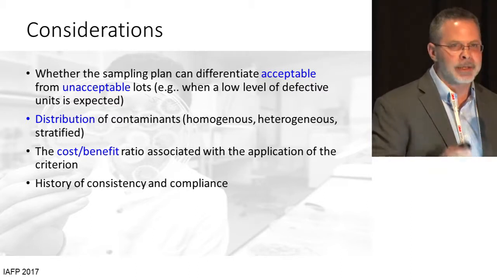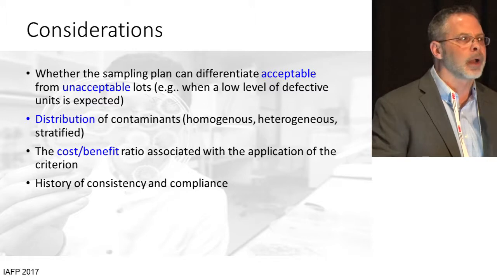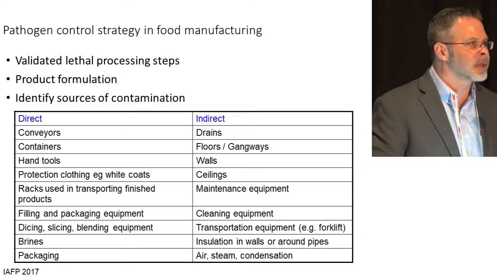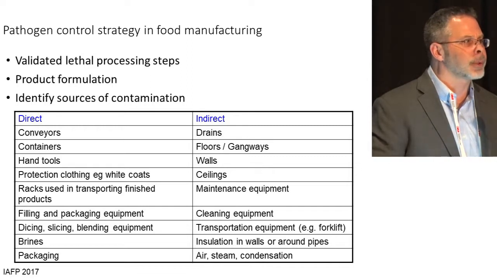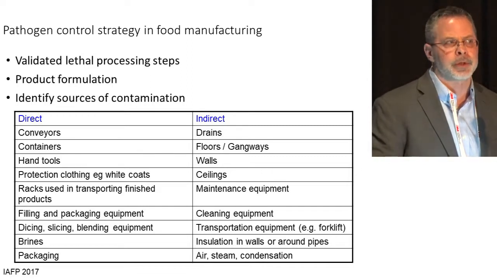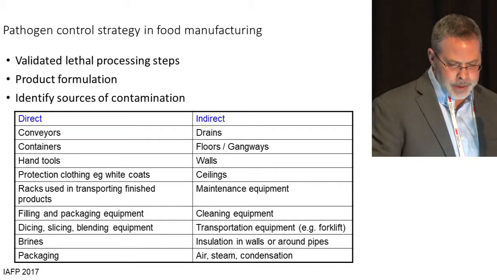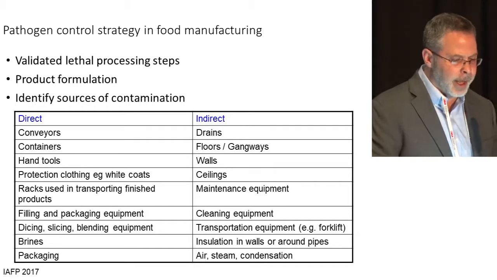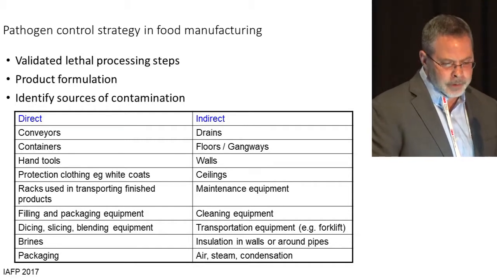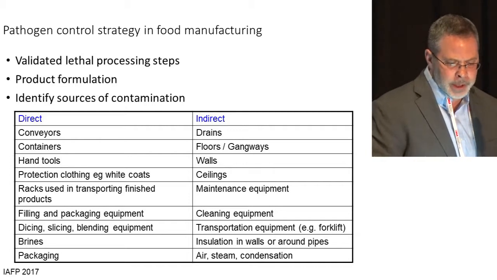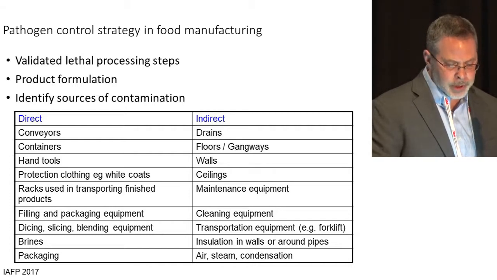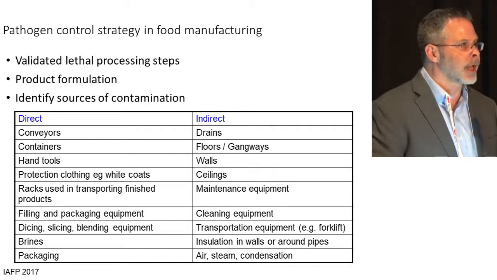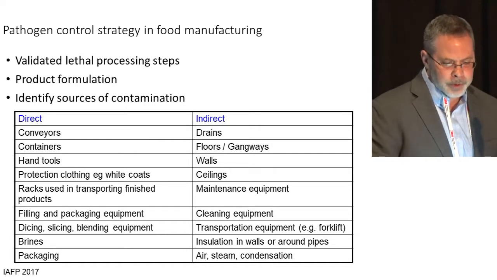And so the next slides, I'm not going to go into detail, but these are just a summary of some of the big bucket areas, I guess, that you would see in any Listeria guidance or Salmonella guidance that's available through industry associations or in publications or through the FDA or FSIS. You need to have validated processing steps if those are required for safety. You might have process formulation controls. You need to make sure you identify sources of contamination so you can eliminate them in your cleaning and sanitation program that uses appropriate chemicals.